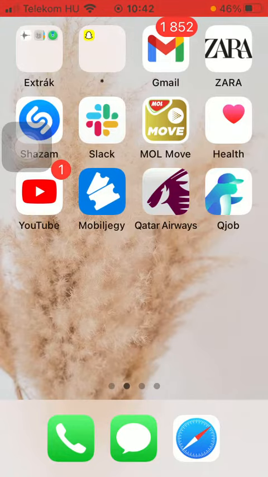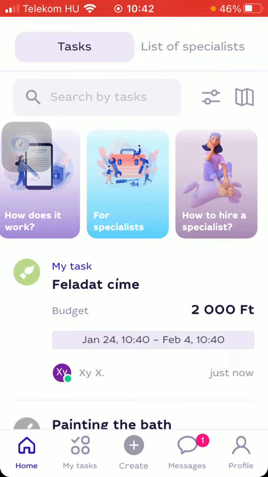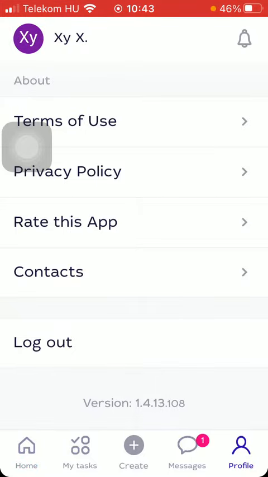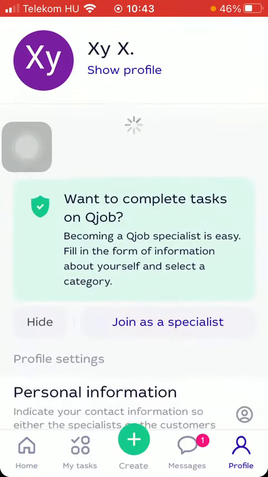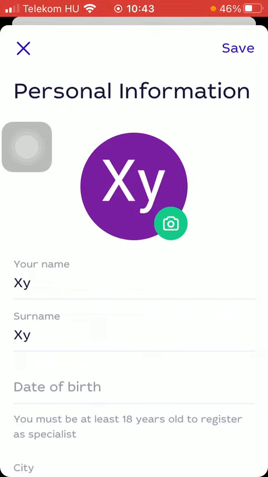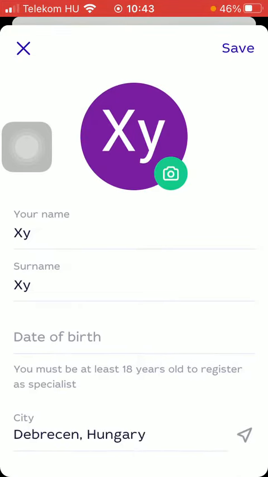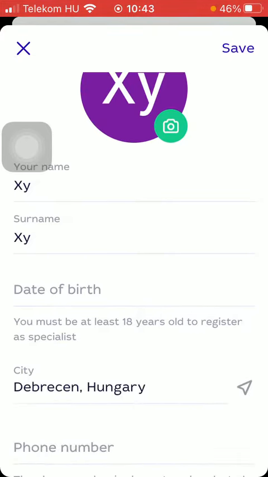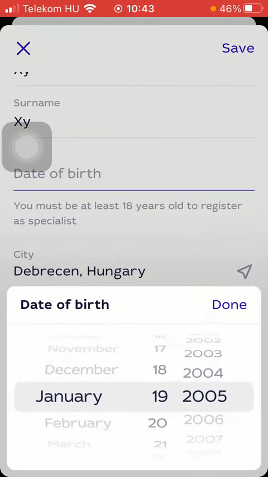First of all, open the application on your phone. After that, you should tap on the profile button down below in the right side corner of the screen. Then go to the top and click on personal information. Here you can set a profile picture by tapping on this camera icon and then selecting a picture from your gallery. Then you should indicate your name, your date of birth,